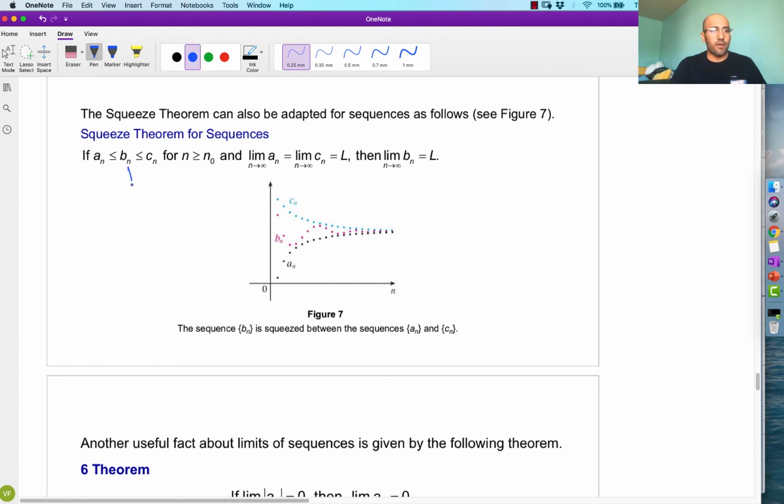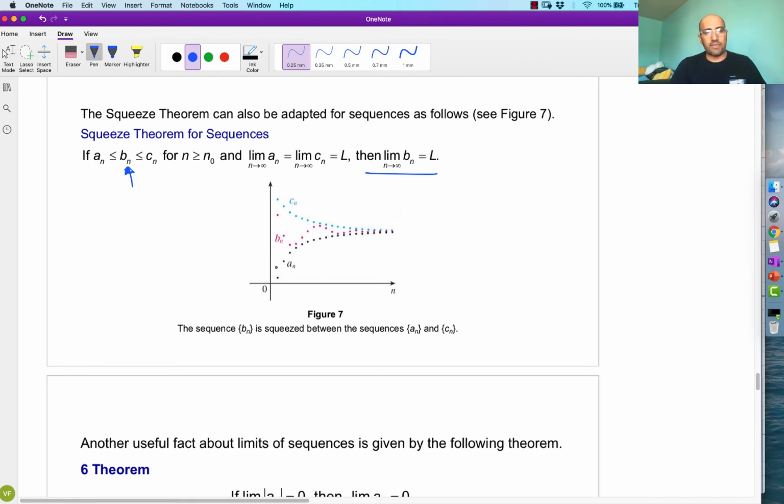right? These problems are very useful when we're trying to figure out the limit of b sub n, and we can establish that for any integer value n, it's always true that it's trapped between a sub n and c sub n. And if we know that the limit of a sub n and the limit of c sub n are both equal to each other and they both go toward capital L, then we can conclude that the one that's stuck in the middle must also converge toward capital L, right?